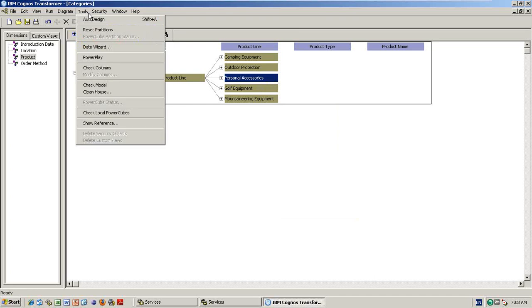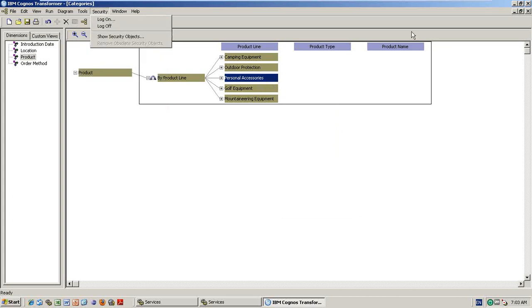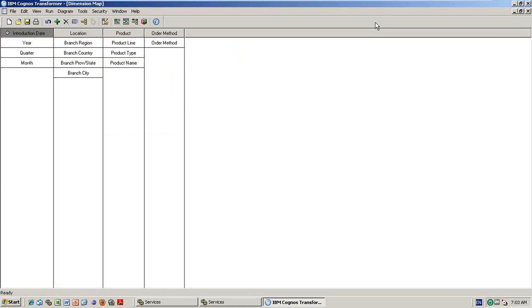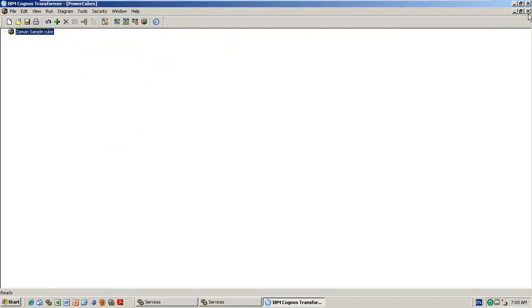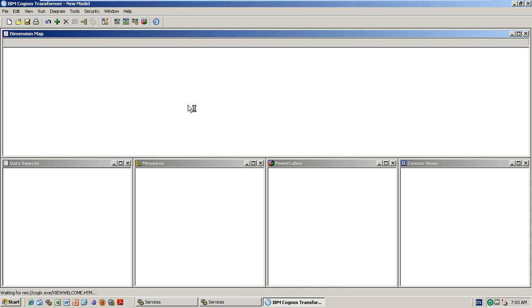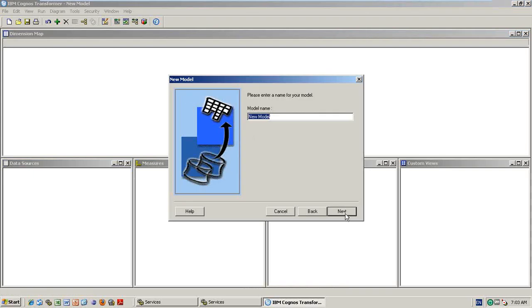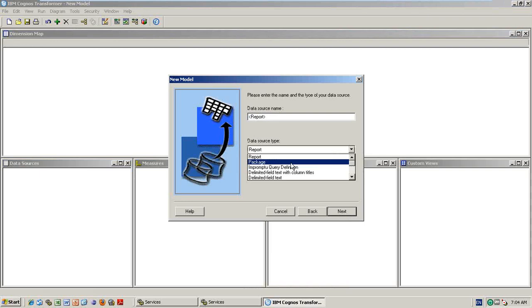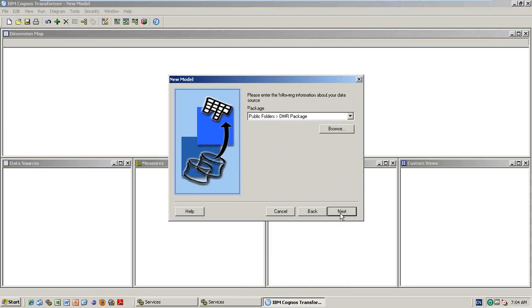And tools, what do you mean by tools? Auto design. For example, you are creating a new cube for the first time. Quickly take the package as a source, and you take a normal package as a source.